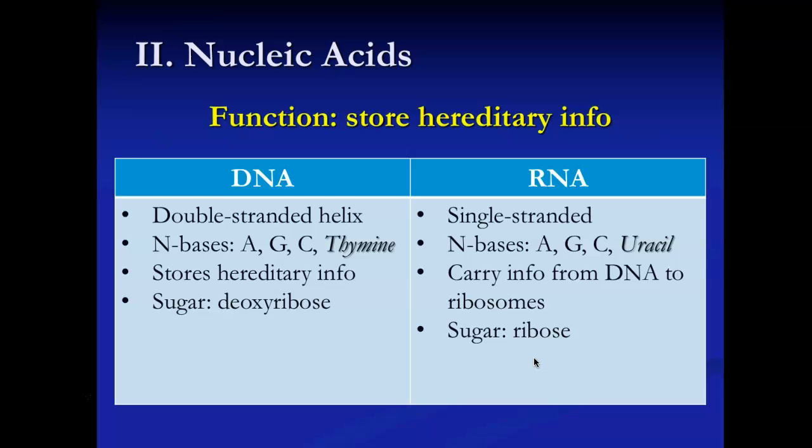DNA's nitrogenous bases are A, G, C, and thymine, T. The nitrogenous bases for RNA are A, G, C, and uracil. So remember, RNA has uracil instead of thymine. It has a U instead of a T. DNA stores hereditary info. RNA carries hereditary info from DNA to ribosomes. And then the sugar that a nucleotide for DNA has is deoxyribose, and the sugar for RNA is ribose. So you're going to want to pause and write these things down